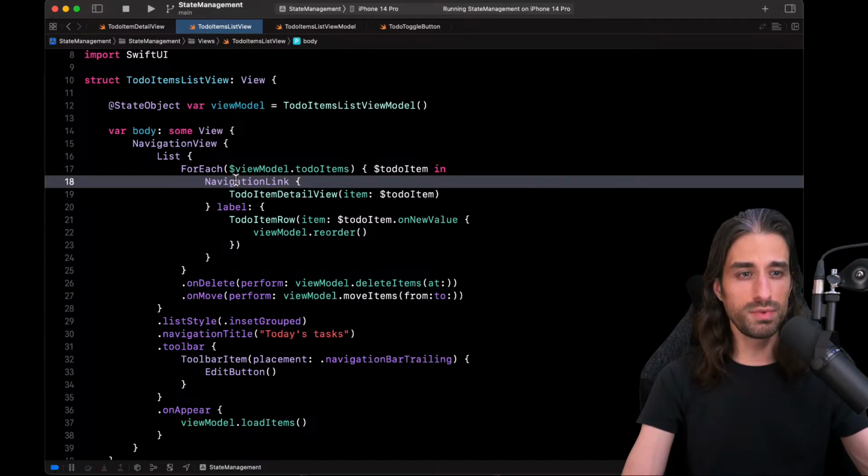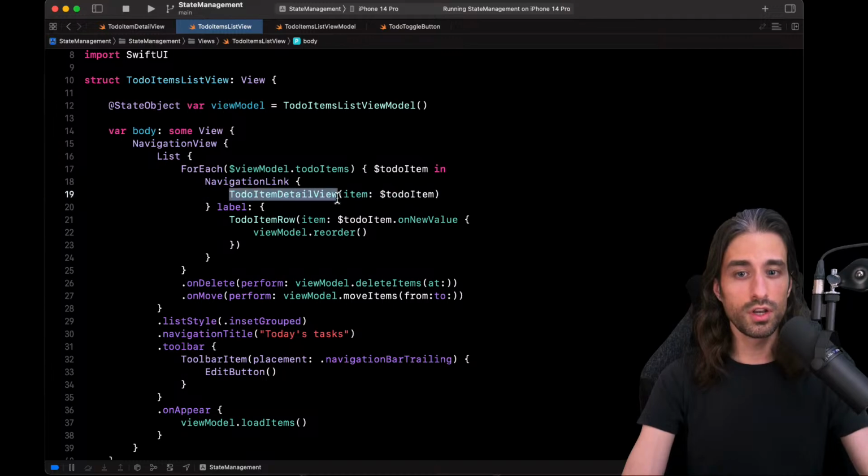It's actually quite a big issue, because it means that the source view needs to know the initializer of the destination view. And it makes things quite hard if you want to decouple your app, because here you need to know the symbol ItemDetailView, which might be in another package.